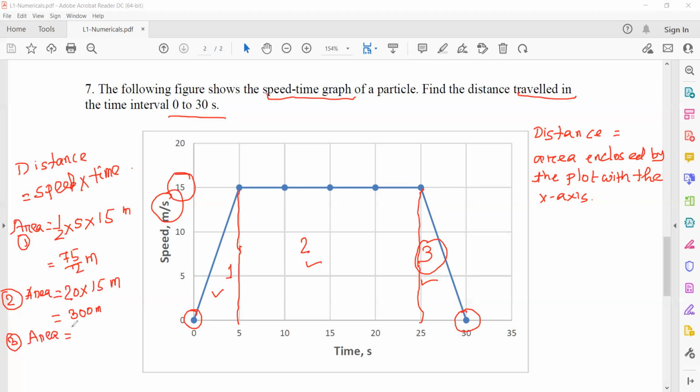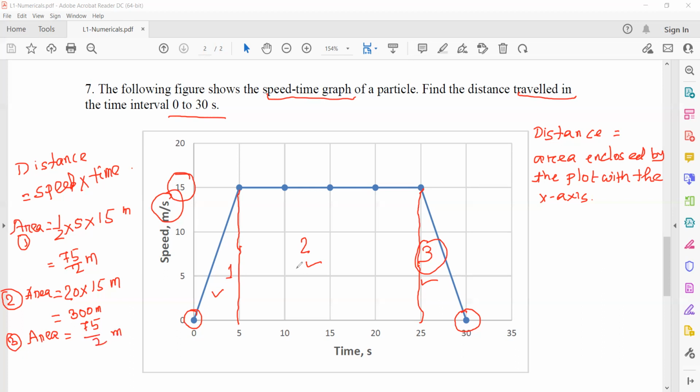So what is this area? The calculation of this area is same as before, same as the area 1. So we can directly write it as 75 divided by 2. This 75 by 2 would give us the area. Area means the distance covered by this particle between time 25 seconds to time 30 seconds. So 75 by 2, it was in previous case,